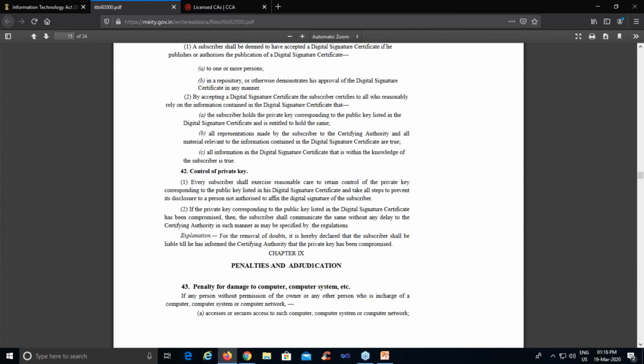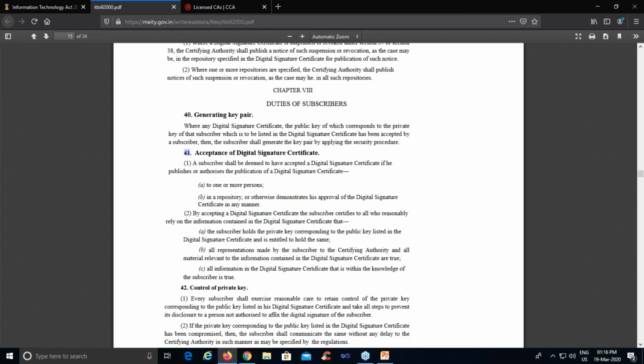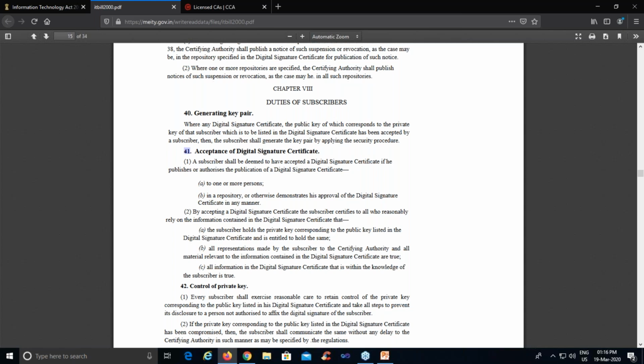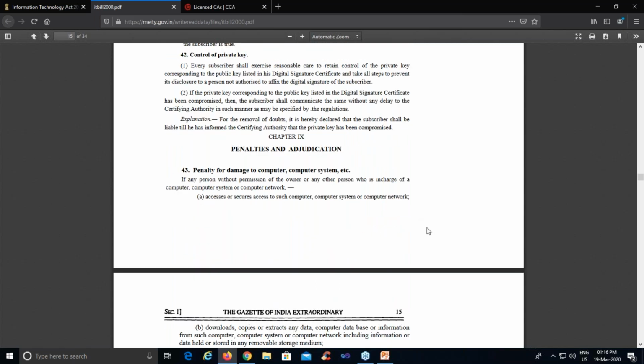All right, so hopefully you understood who the controllers are, who the certifying authorities are, and who the subscribers are. I repeat, very important entities in terms of the IT Act 2000.